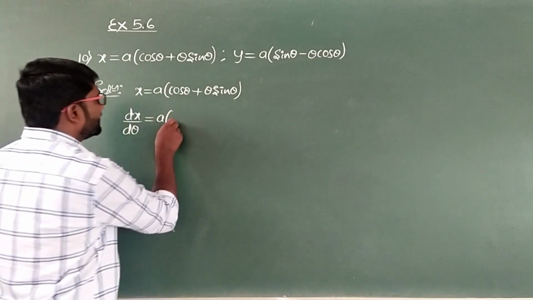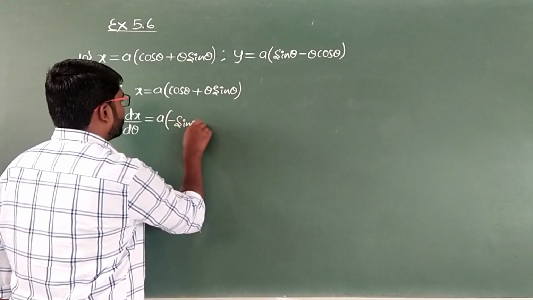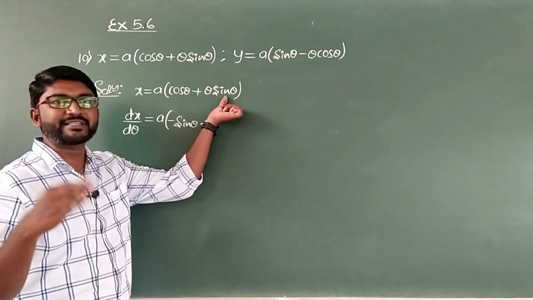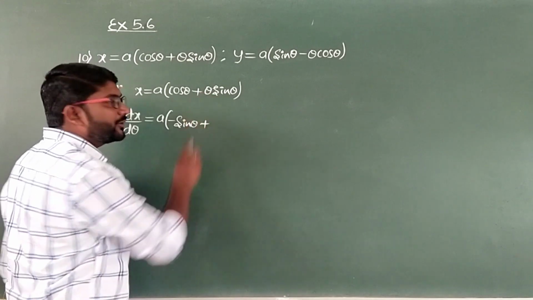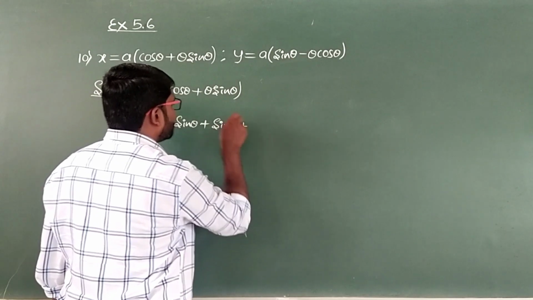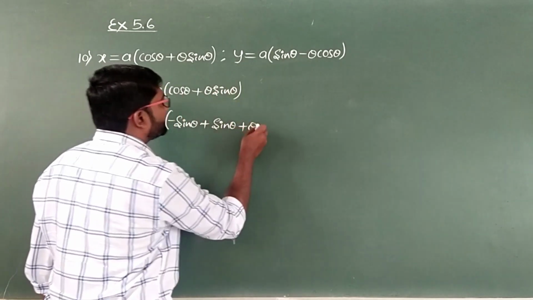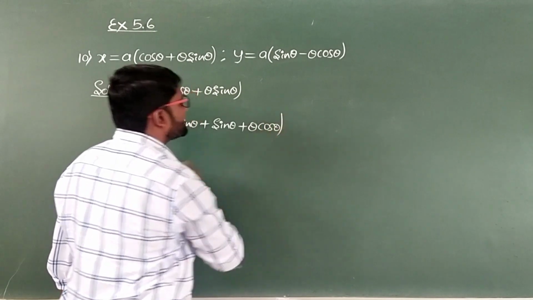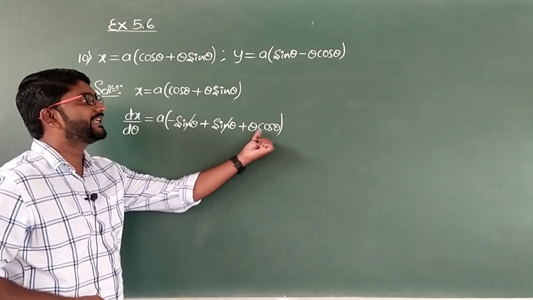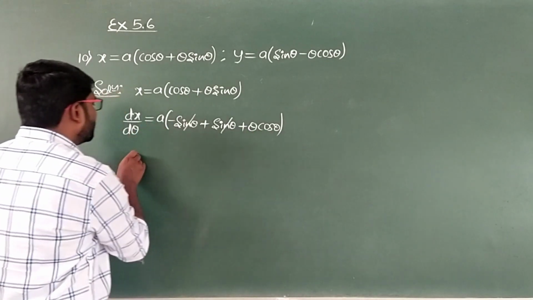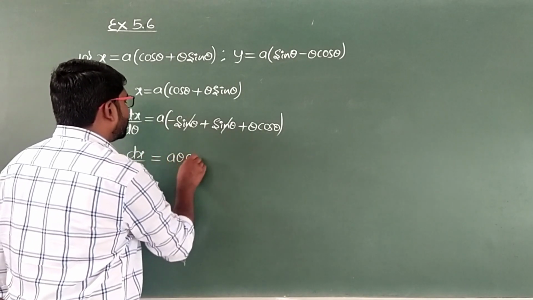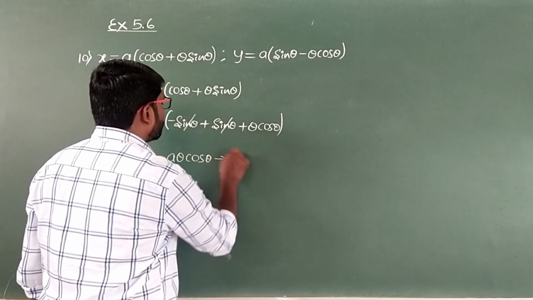The derivative of cos theta is minus sin theta plus, here we have to make use of the product rule. u means theta, v is sin theta. Now u v whole dash. So the derivative of theta is 1 into sin theta, meaning we get sin theta, plus, now write the first function as it is and take the derivative of the second function. The derivative of sin theta is cos theta. So now minus sin theta plus sin theta get cancelled. We are left with theta cos theta and we have the constant a. Overall we have dx by d theta equal to a theta cos theta. I'll call this equation number 1.